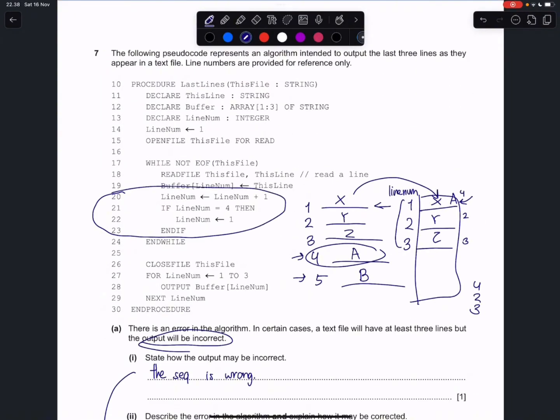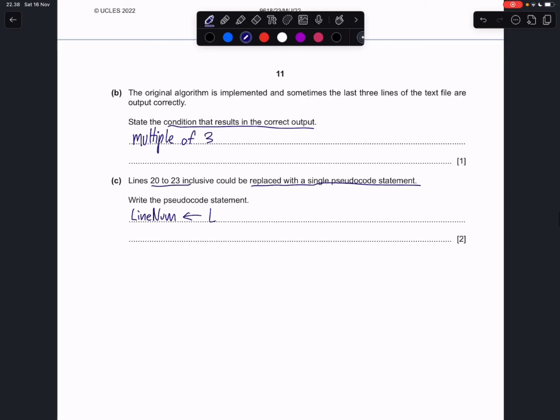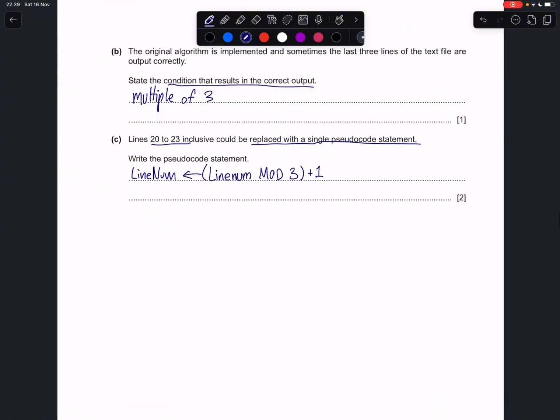So here, this entire section. Okay, so the answer is going to be line num assigned line num mod 3 plus 1. This is a really tricky question, so I'm going to be doing it step by